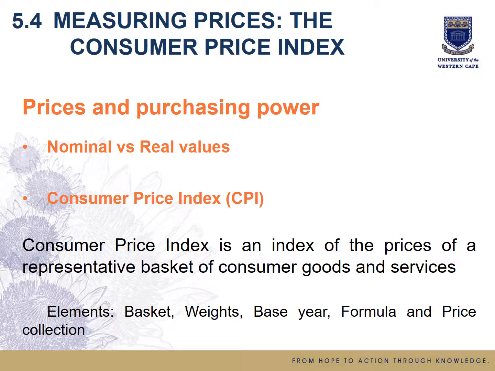To estimate the changes in the purchasing power of our currency, we need to investigate what is happening to the individual prices. This is best achieved by the Consumer Price Index and the Producer Price Index. The Consumer Price Index (CPI) is an index of prices of a representative basket of consumer goods and services, hence it represents the cost of the shopping basket of goods and services of a typical or average household.